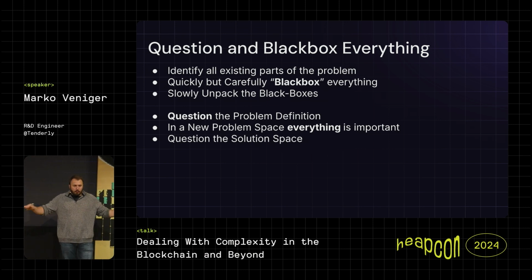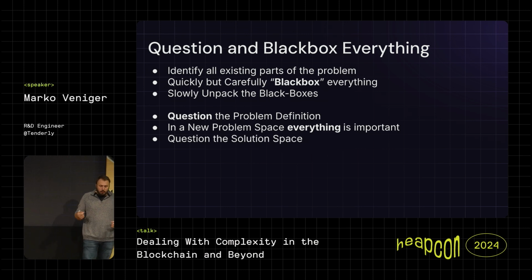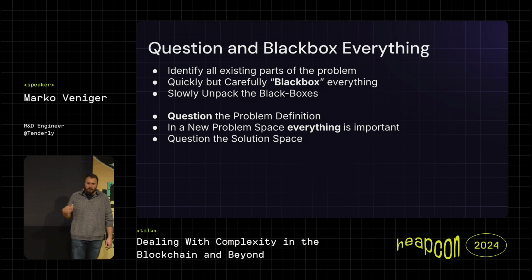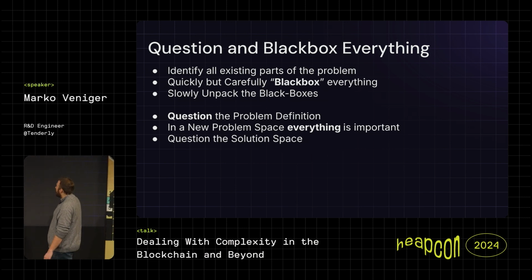And if you go too wide, you may not get the big picture of one or two or three parts. So you black box everything, try to think of it as simple parts of the problem, then you go deep into one, and you maybe have a bigger chance of understanding that one because you have everything else black boxed. And also here we have the question everything.